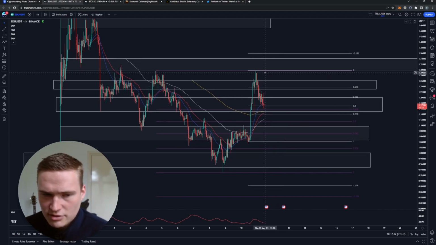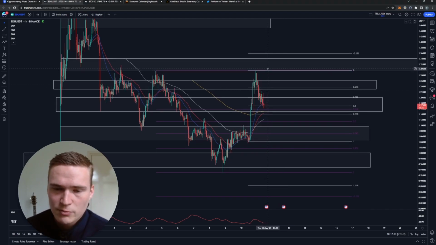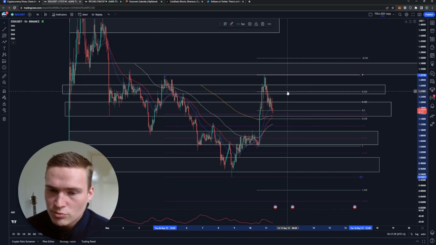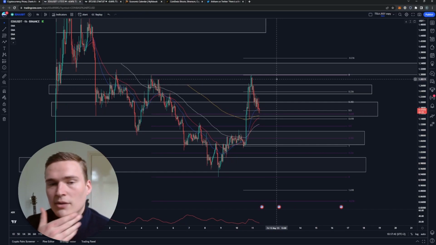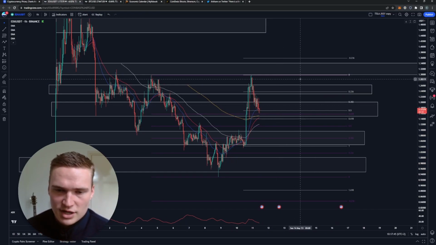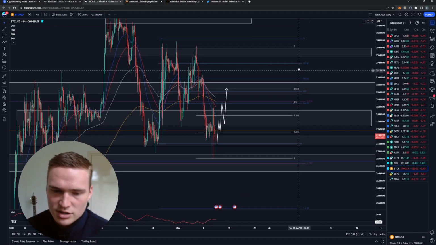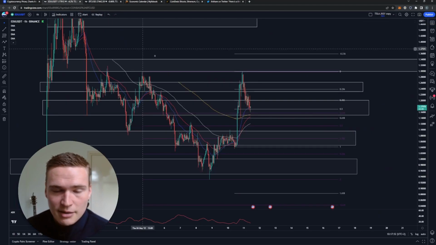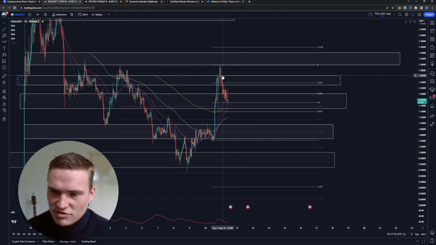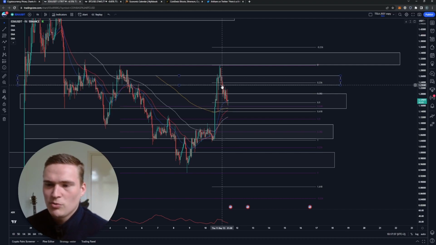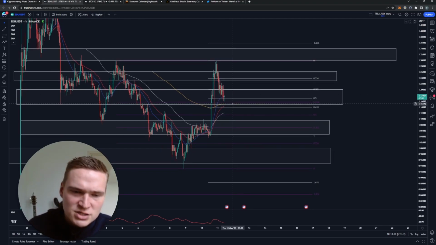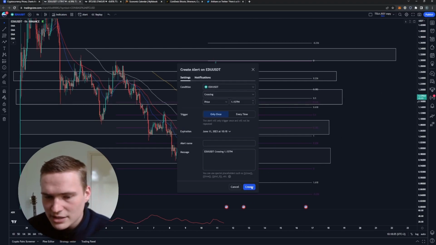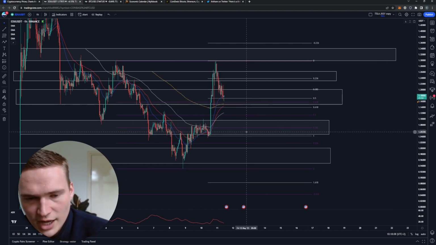Now, apart from that, you can see that we found resistance at 1.29 and 1.3, which is a very strong resistance level. I also expected that we would get some resistance there, but what is a little bit more bad news is that we also got some bearish confirmations, right? First of all, the market is not exactly doing amazing right now, so that certainly doesn't help. But apart from that, EDU also broke down below 1.25, then below 1.23, and now it's trying to hold. We are at a very strong level right here at around 1.15, where I'm also considering taking a trade from. But I'm not sure yet.